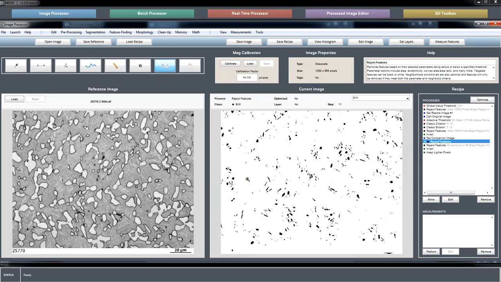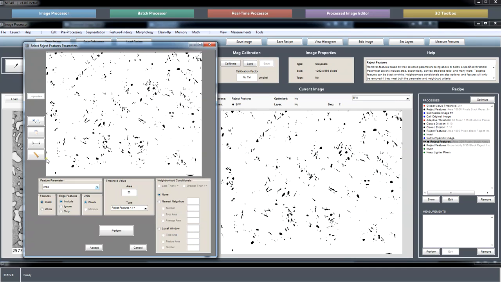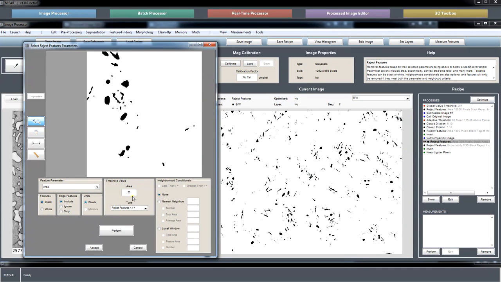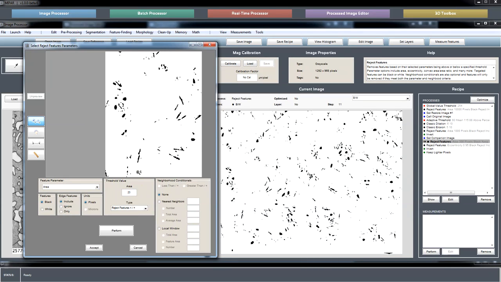Sometimes we have microstructures with one type of precipitate, which are small features that are all clustered together, and then we have glancing cross sections through other precipitates that are just the same size as the smaller ones that we want to keep. We want to get rid of those glancing cuts, and we know they're glancing cuts because they don't have a lot of other small features around them. So if off of this reject feature step I went in and say I want to keep everything under 300,